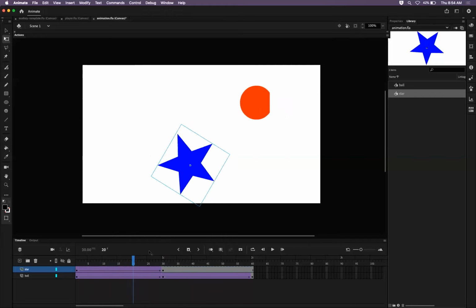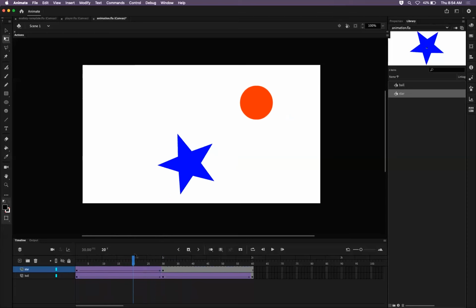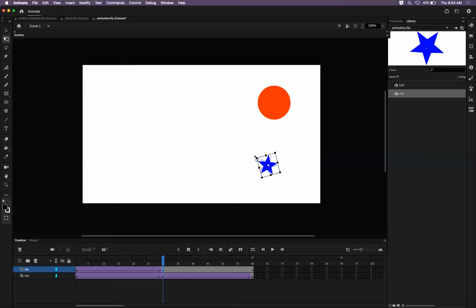Now, let's see, so that's easy enough, rotating and scaling. Notice that we can do these at the same time. I can go to frame 30 and I can actually move this over here, and I can scale it down, and I can rotate it some more,